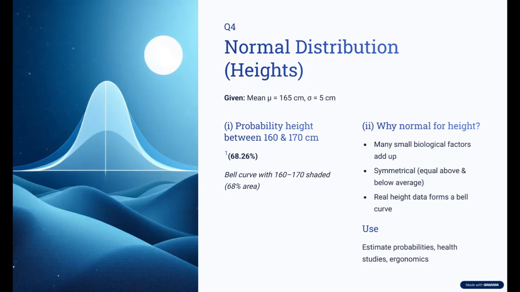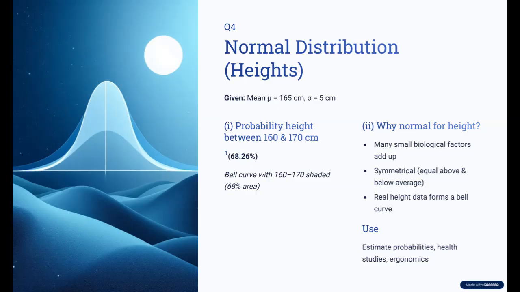Part 2. Why is height modeled by a normal distribution? 1. Biological factors. Height is influenced by many small independent factors: genes, nutrition. The sum of many small effects tends to be normal, the central limit theorem in action. 2. Symmetry. About as many people are above average height as below. 3. Empirical evidence. If you collect height data from a large population and plot it, you get a beautiful bell